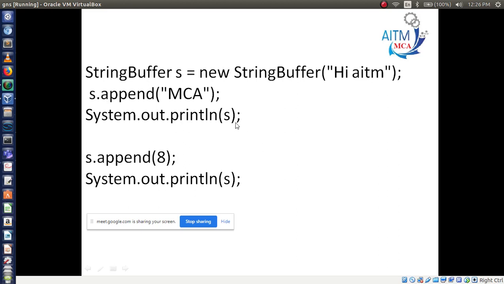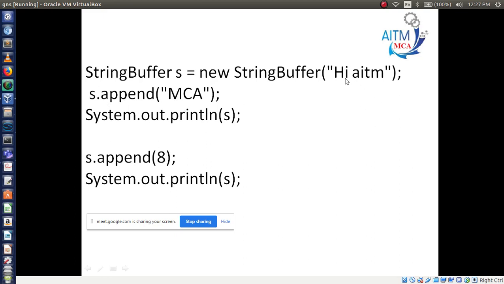Here, StringBuffer, all of you try to remember this line. The first line is very important while writing your lab program: StringBuffer s is equal to new StringBuffer. Here I am passing the characters "hi AITM". Now here I am going to append a string, MCA.